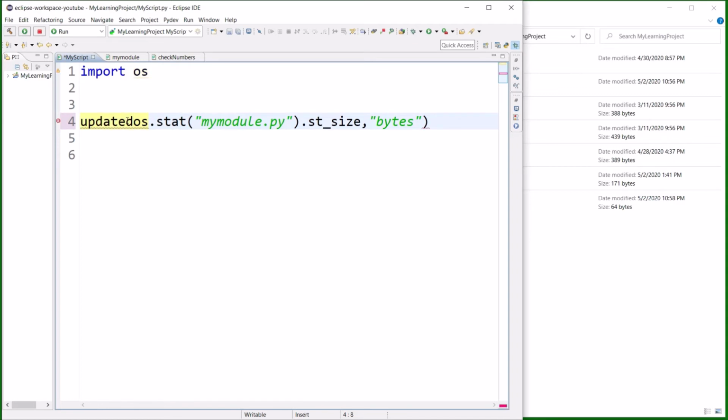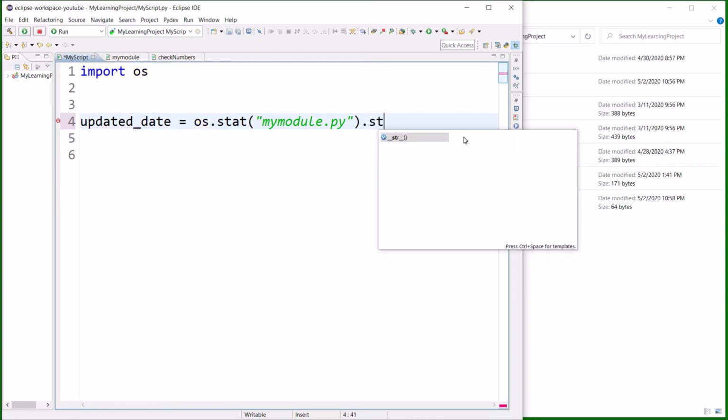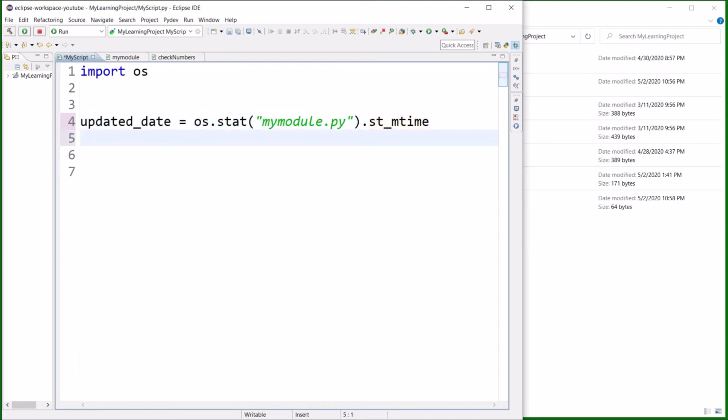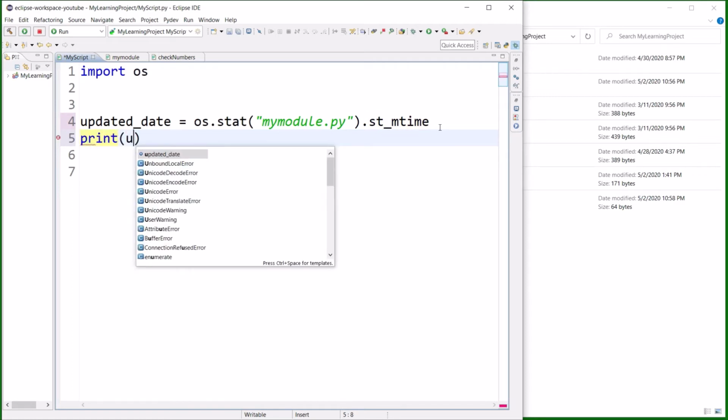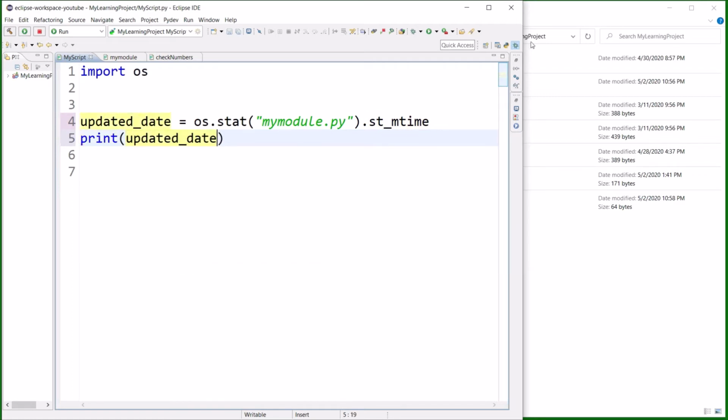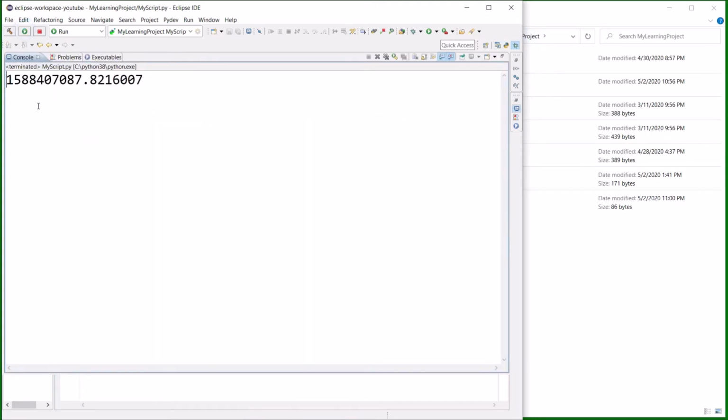I will use updated_date equal to os.stat module, and here is one attribute that is called st_mtime, the modified time. And let me print this updated time. So it will show you the result in